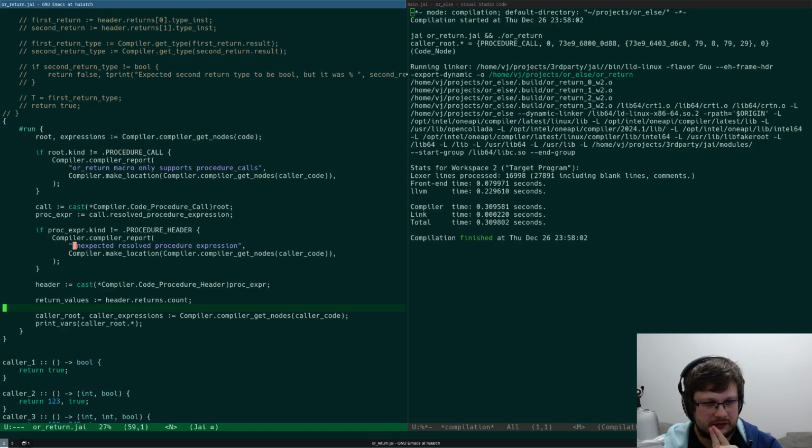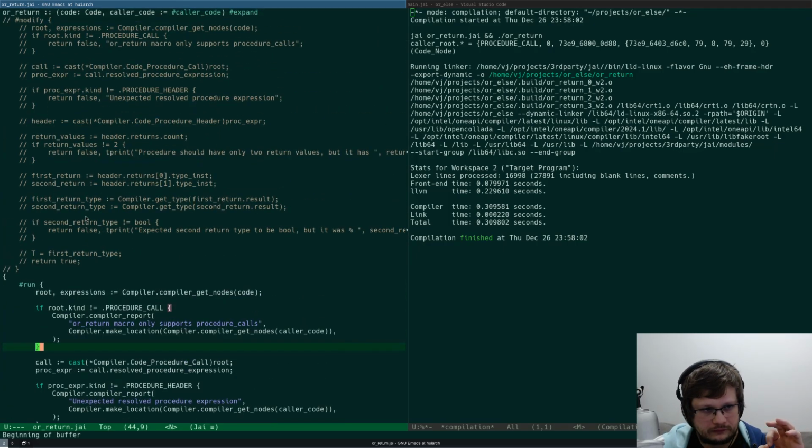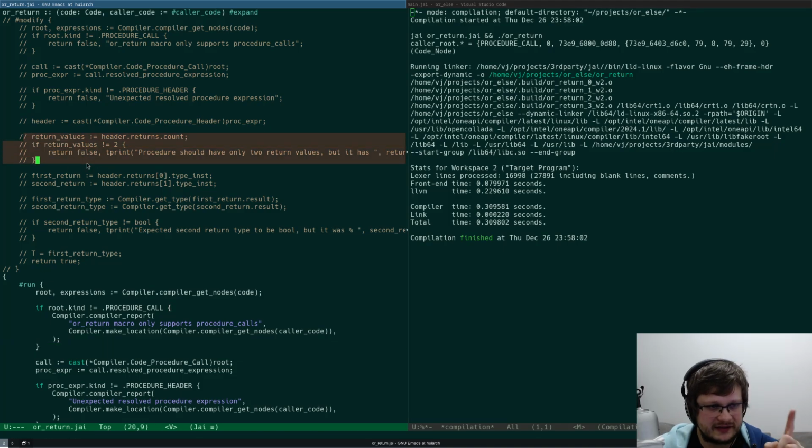We need to get, well, first we need to check the return value of an actual call. So we need to parse the procedure call. We need to get all of its return values, all of them, like this. Then we need to insert those return values in front of the call itself, and then we need to check the last one of them.